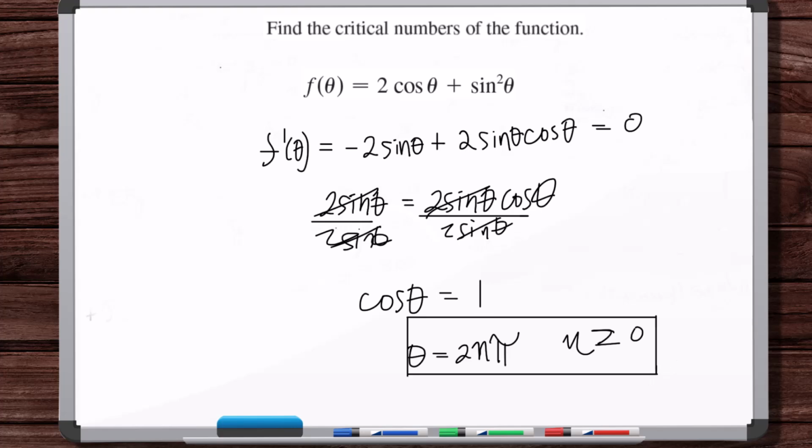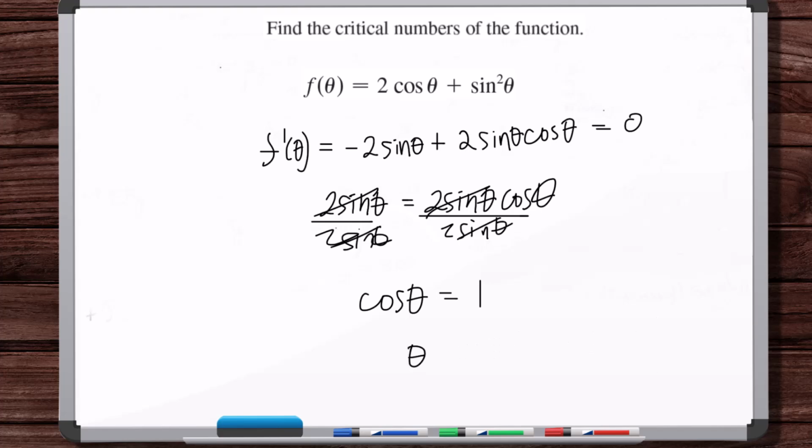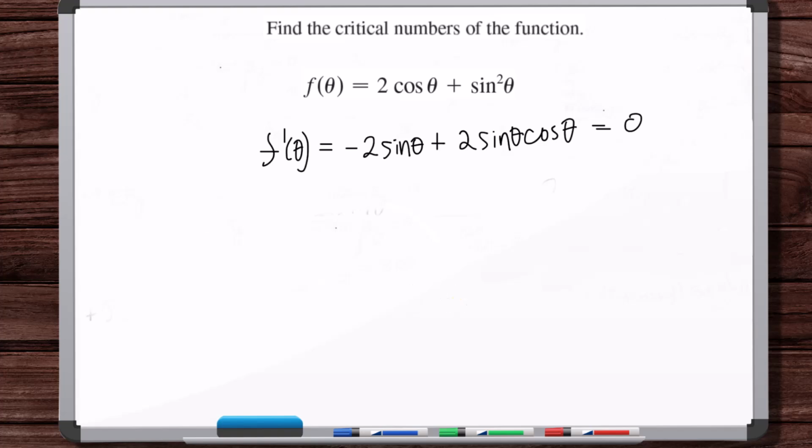Now, actually, I did this wrong. I messed this up. There are missing solutions here, so you've got to be careful, right? What did I do wrong? When it comes to solving, like when we solve polynomial equations, you want to be careful when you divide both sides by something, because you could be missing solutions. You want to factor as much as you can, in general. So here, let's factor out a